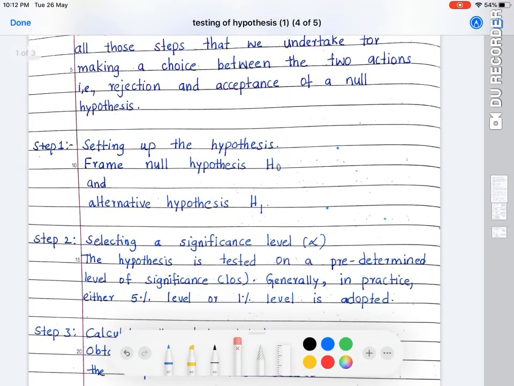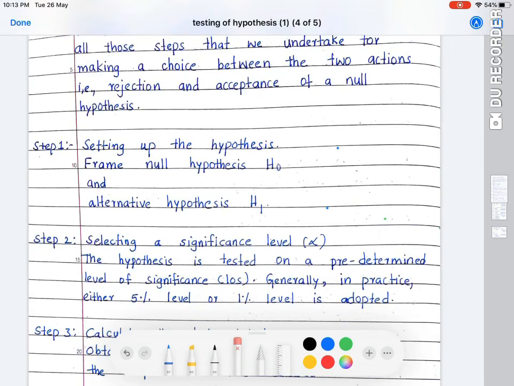Based on the question that has been given to us, or if you're talking in terms of your research, based on the objectives that you have framed for your research, or based on the variables that have been recognized for the research, you will have to decide what is null hypothesis and what is alternate hypothesis. So you are usually framing a null hypothesis and alternate hypothesis, and the step 2 is to select a significance